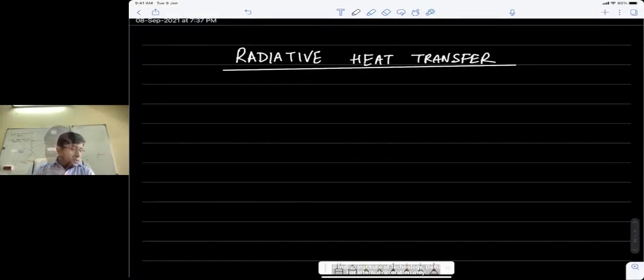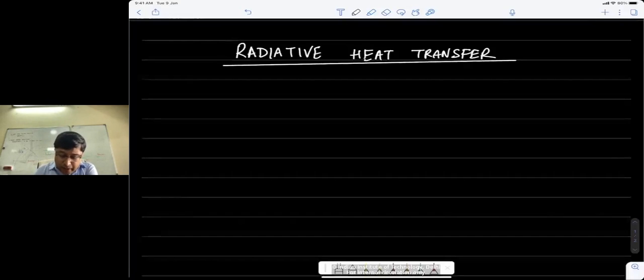Good morning. Okay, so let's begin with the new topic today. This is on radiative heat transfer, or radiation in short. So, when we discussed radiation in the first lecture, where I just sort of introduced a few ideas, I said that this is one mode of heat transfer that requires no medium